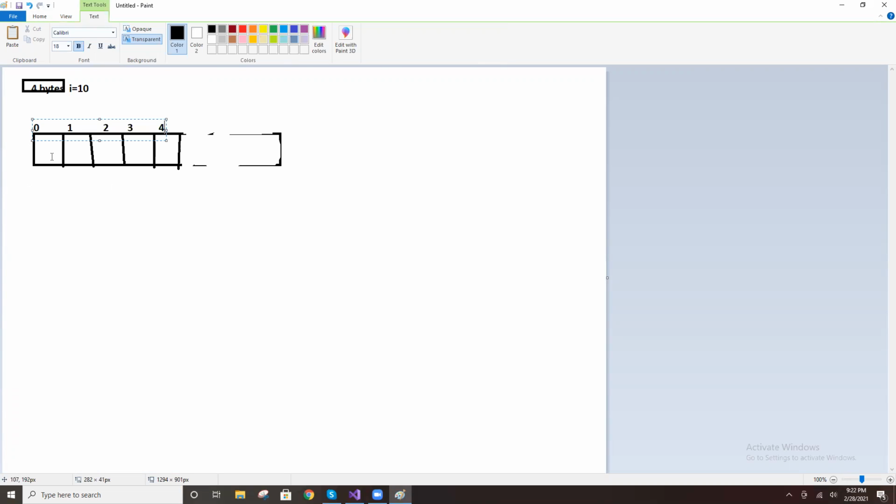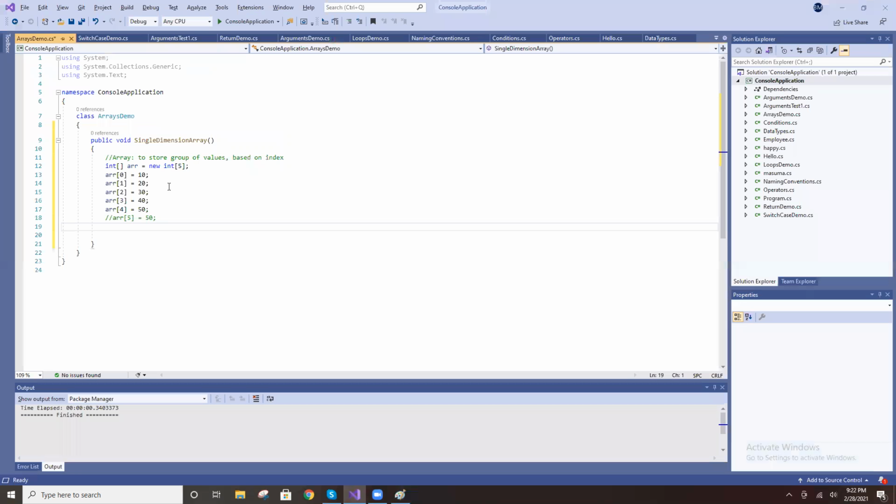These are all integers, right? So you declare an integer array, and you can store only integers. It's not possible to store a float, right? The data type is integer, so you can store only 5 whole number values. Not possible to store float or string like that. If you declare a float array, you can save floats. If you declare a string array, you can save strings like that.